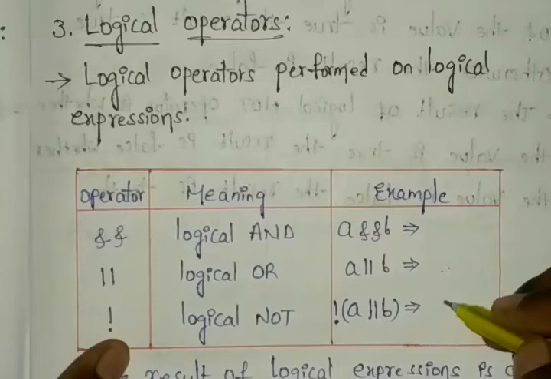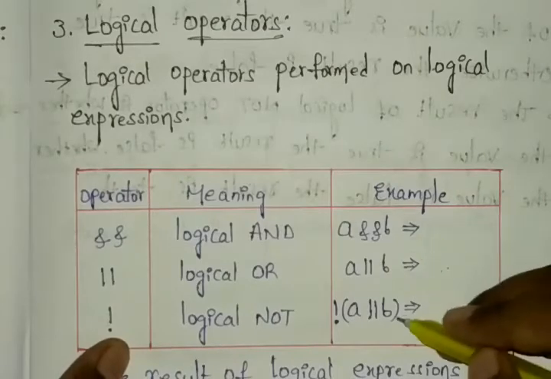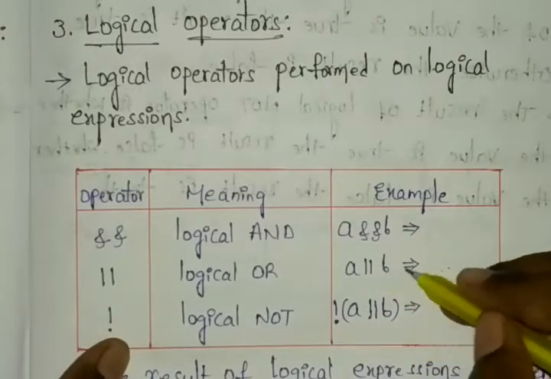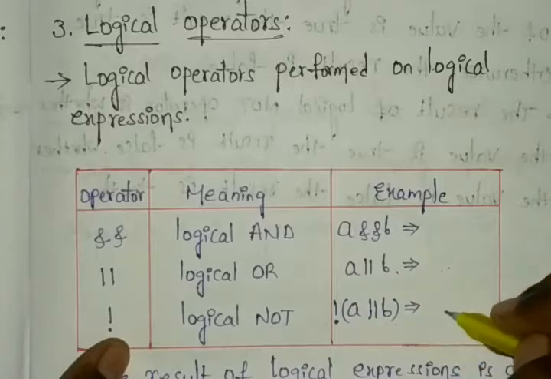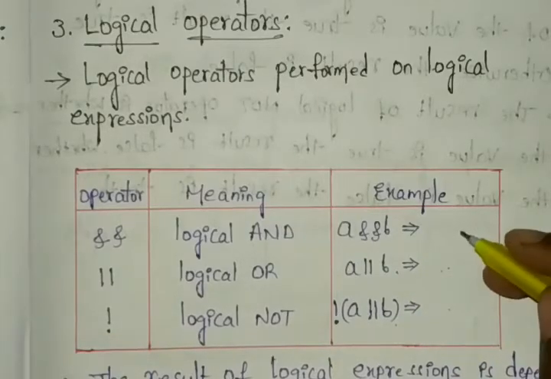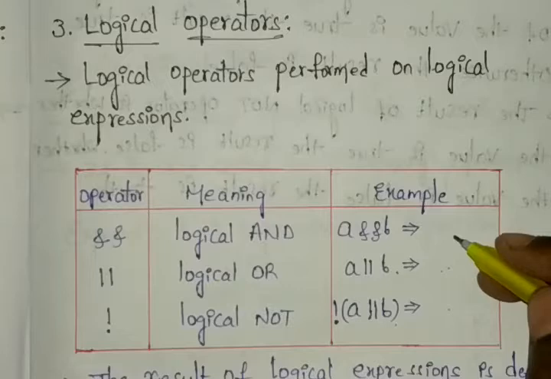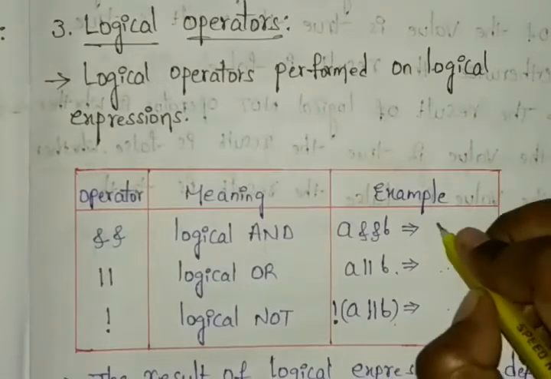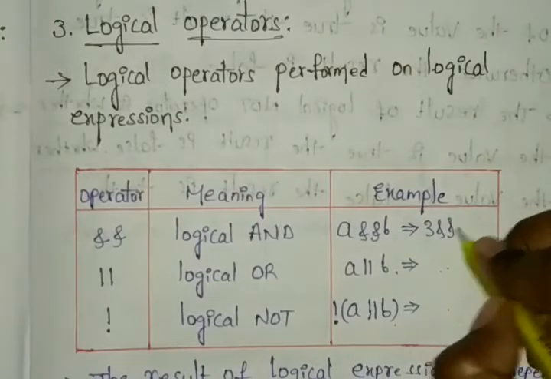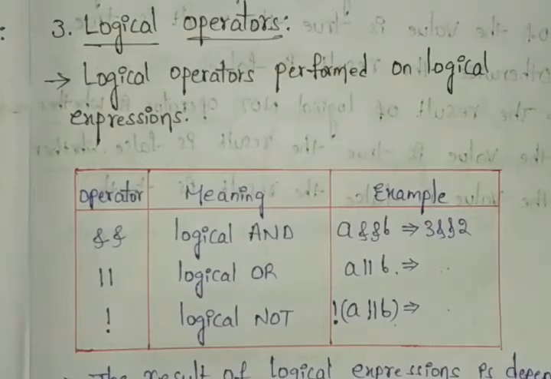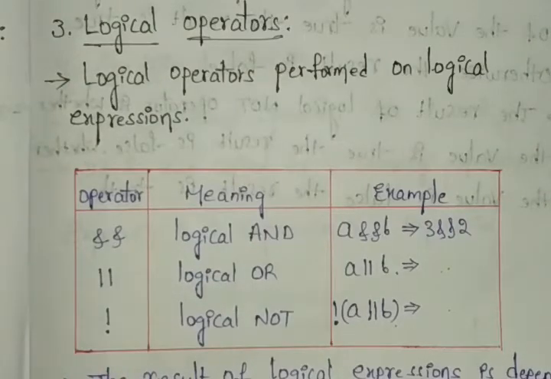These three are performing the true or false type. And if it is true here, if A or B is true, it can show the false statement. This is the opposite for this. Okay, suppose here I am taking 3 and 2. So at least here two statements will be true.